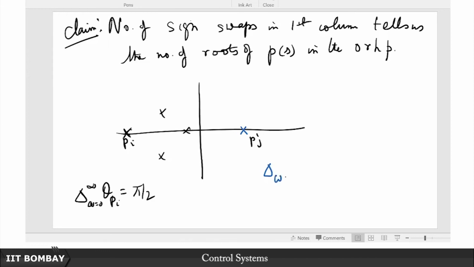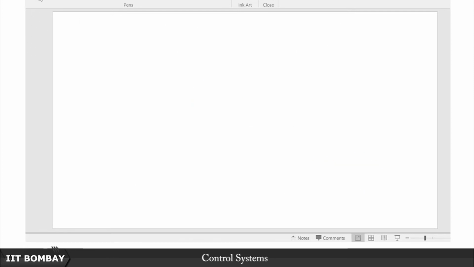It turns out that in exactly the same geometric way, if I sketch this, for example, if this is at some omega and this is at some other omega, you see that the phase is going in a clockwise direction. As I go from omega equal to 0 to infinity, the phase for a pole on the right half plane goes clockwise, which is counted as negative. So therefore, can I not make this claim